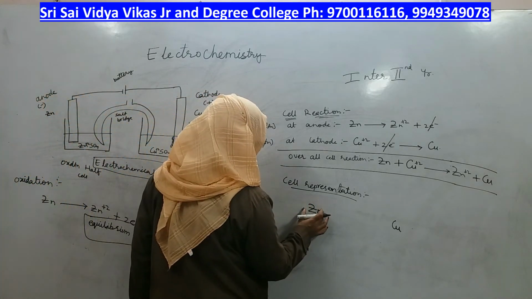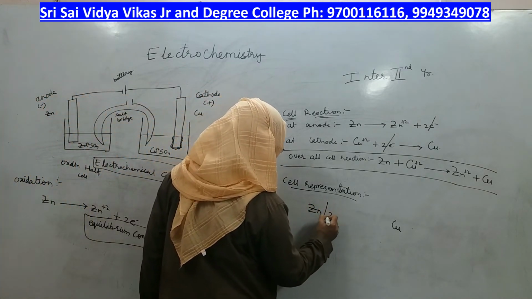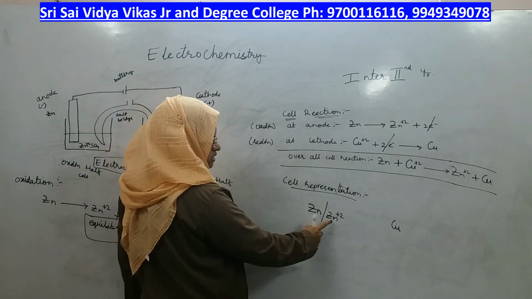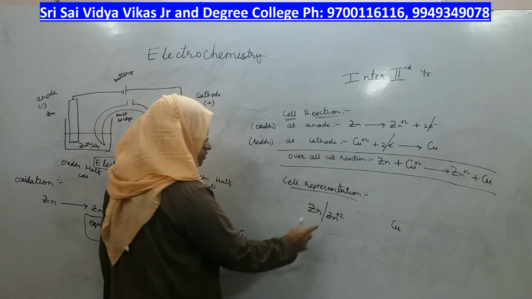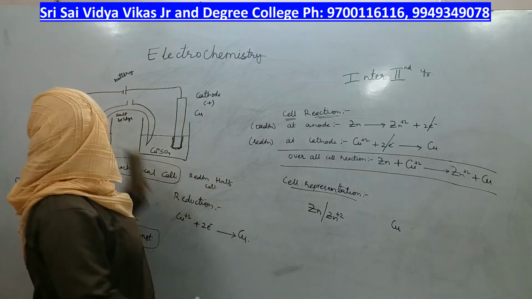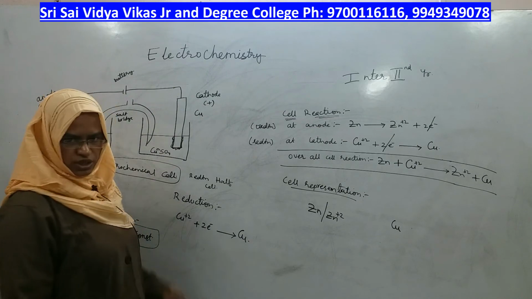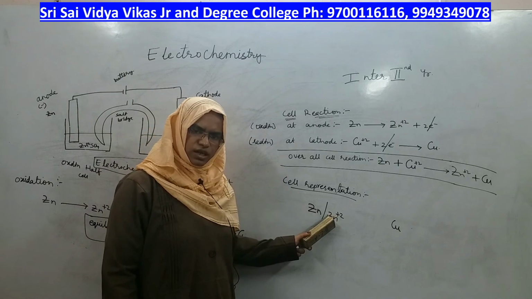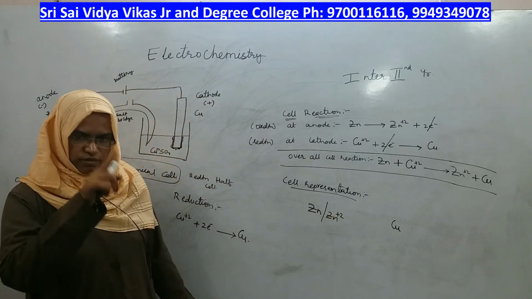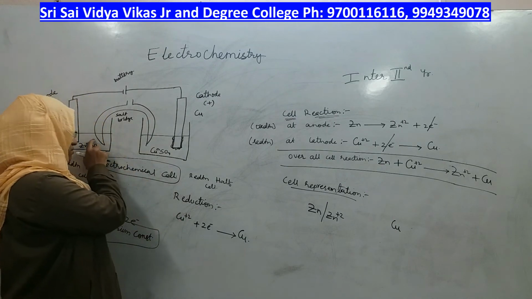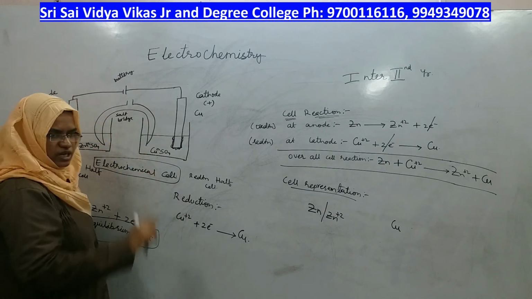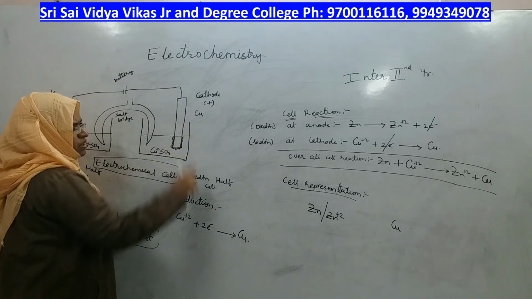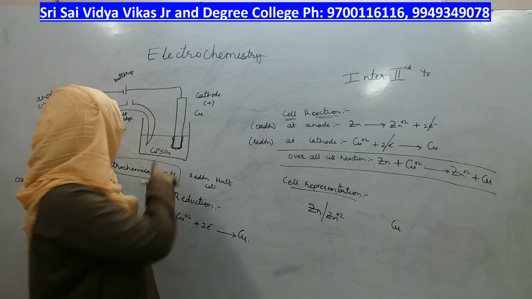Zinc is the electrode separated by electrolyte, right? Therefore, you have to draw one single line between zinc and Zn+2 ion, because one is in the form of an electrode and the other is in the form of an electrolyte. Therefore, in between both of them you have to write a single line. They are in the same cell, in the same beaker, therefore one line. Coming to the other cell, copper +2 and copper are also separated by a single line.